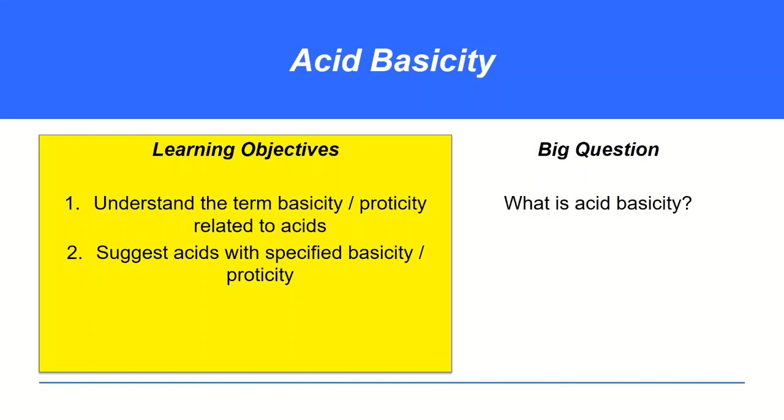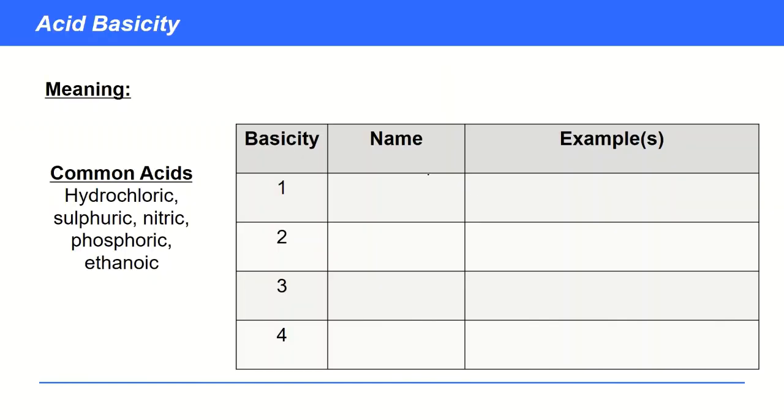Welcome to this video on acid basicity. What does that term mean and how can we classify acids using that terminology? Acid basicity is also known by another term, which is proticity. I tend to prefer the term proticity because acids are proton donors, and I think it links more clearly to the meaning, which is the number of H+ ions